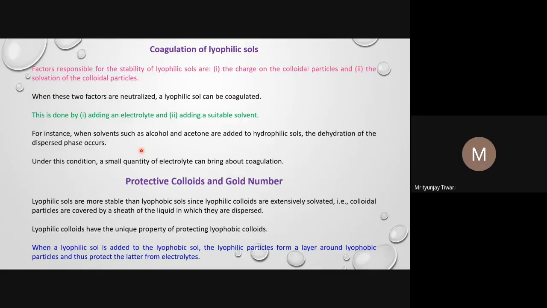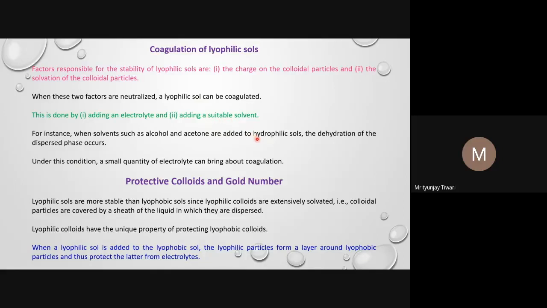And once the dehydration of the dispersed phase occurs, even the addition of a small amount of electrolyte can cause the coagulation of lyophilic sol, meaning the hydrophilic sol in this case. So these are the two things that we do for the coagulation of the hydrophilic sol. We add a certain electrolyte and we also add a suitable solvent, which depends on the nature of the colloidal